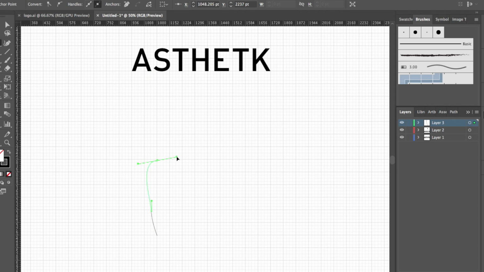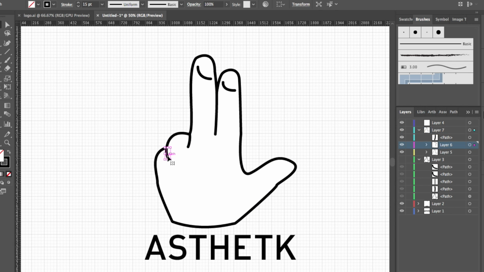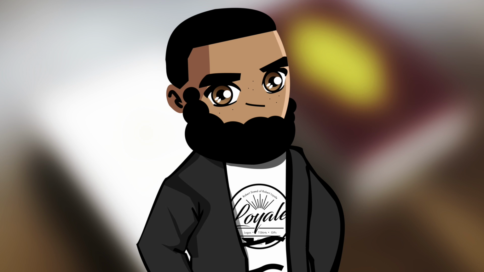Now, as a logo mark, I focused on creating a hand sign. And the reason why is because the brand itself represents a community of people. And the hand sign itself stands for the letter U. So when people hold up the hand sign, there's a sense of naturally belonging to a community of people just like you. And these are just a few clever elements that you can use in your logo to make it